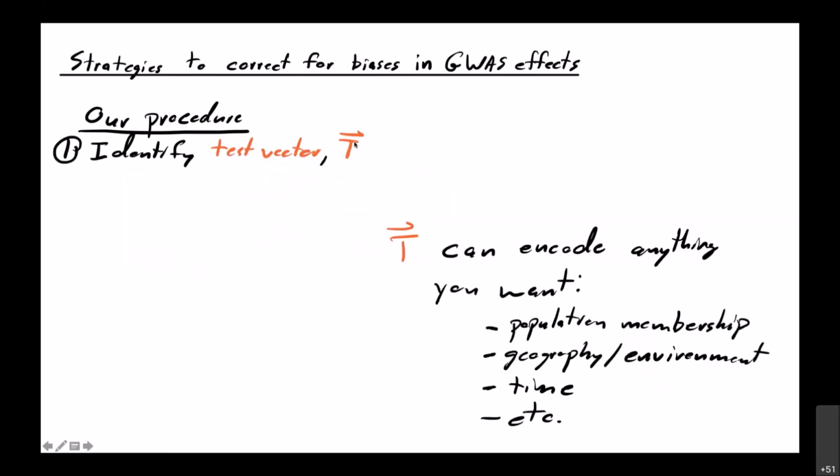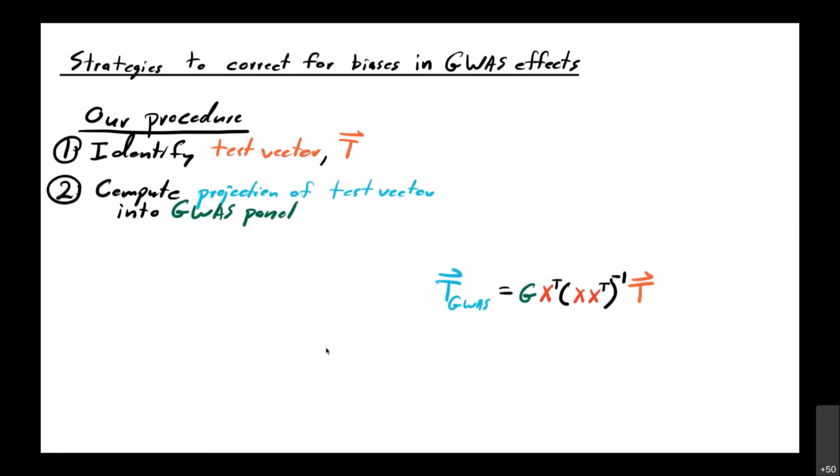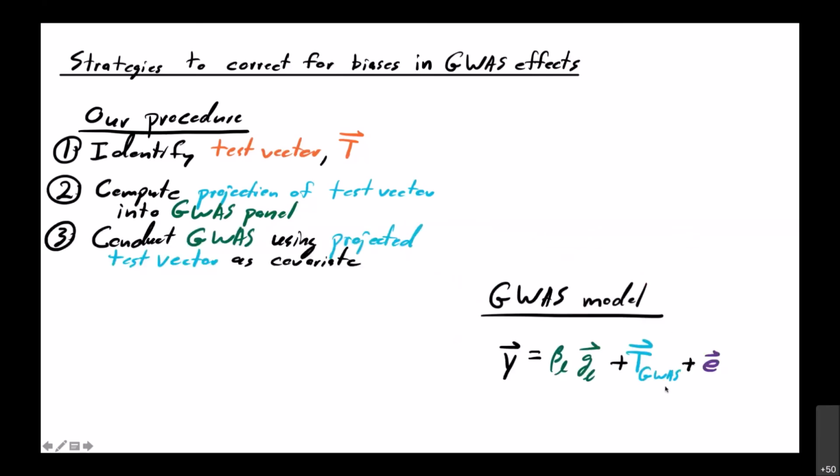Our procedure is a little bit different. The key difference here is that before we do the GWAS, we have to identify specifically what test we're going to do and write down this test vector, which can represent population membership, geography or environment. It could represent time if you have ancient samples, anything you want, but you have to write it down before you do the GWAS. Then using both the GWAS panel genotypes and the test panel genotypes, we compute this projection of the test vector into the GWAS panel, conduct the GWAS using this vector as a covariate,